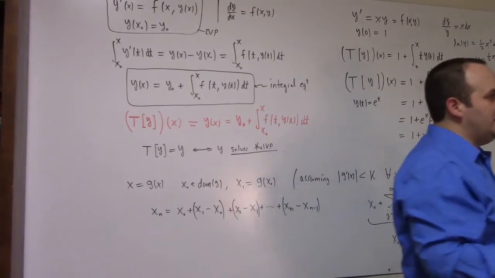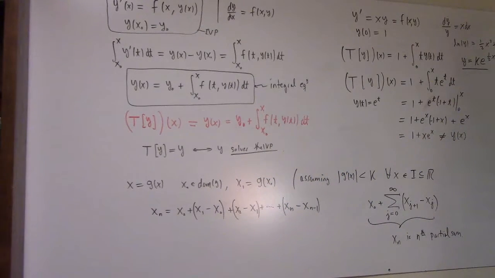And so what that means graphically is something like this. If this is A and this is B, whatever, and